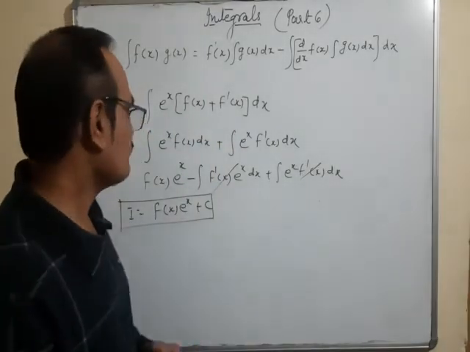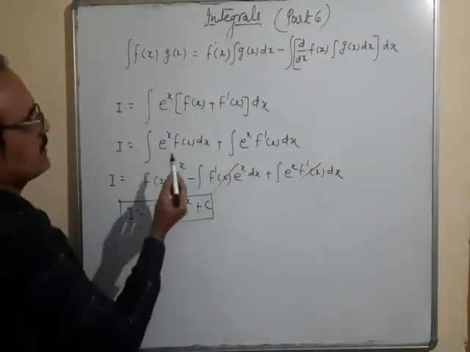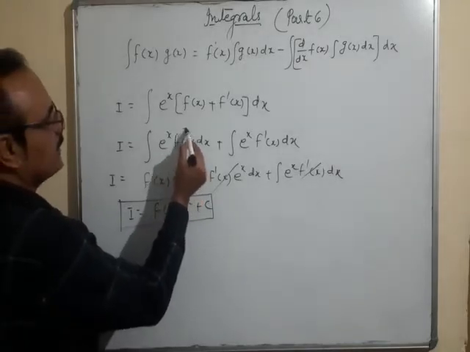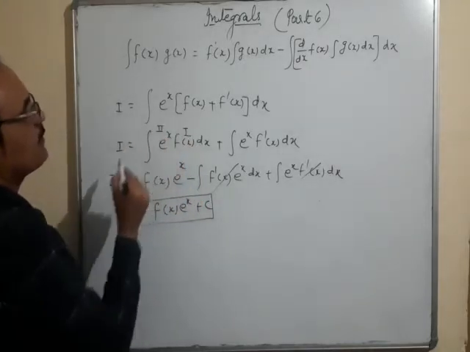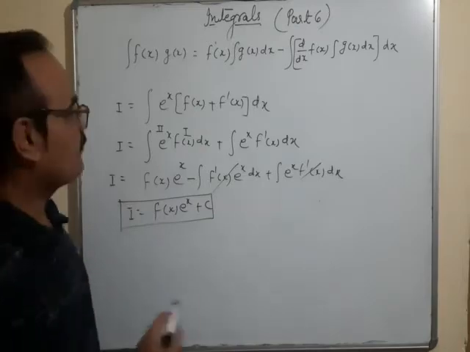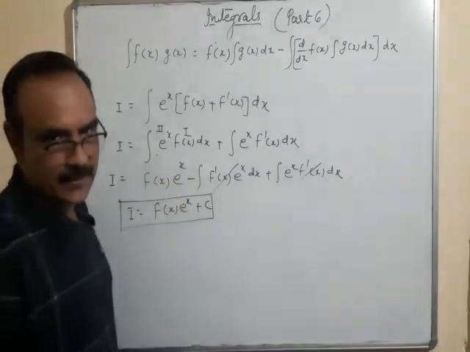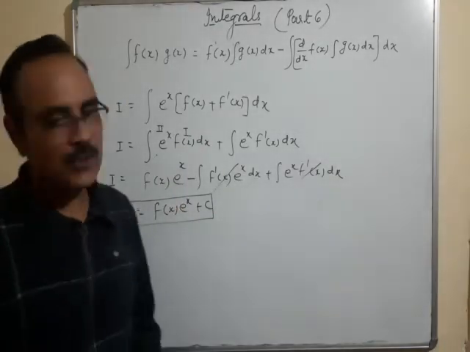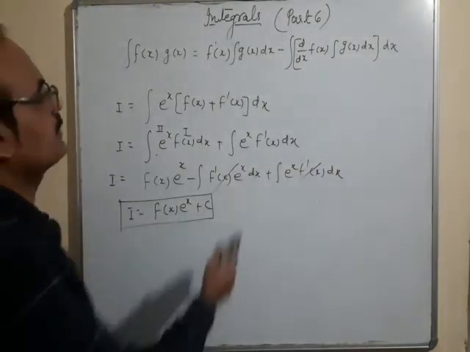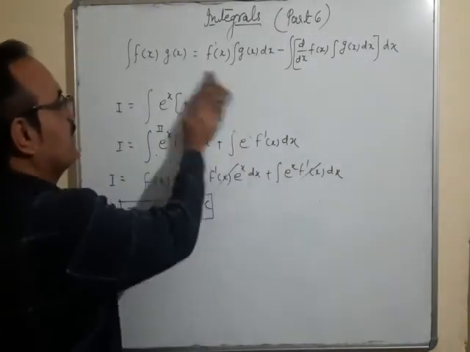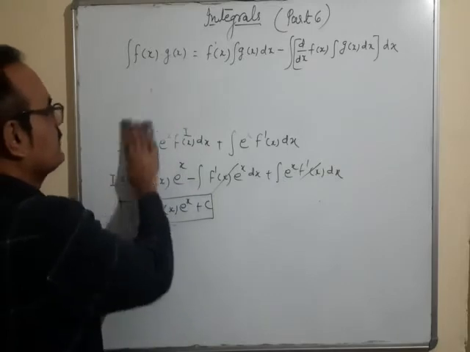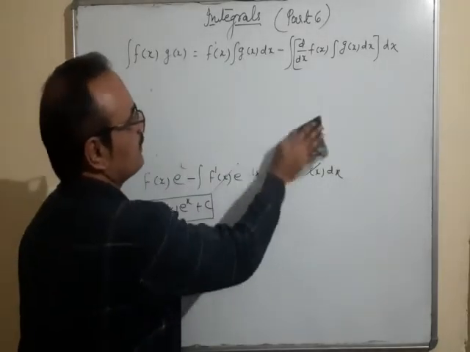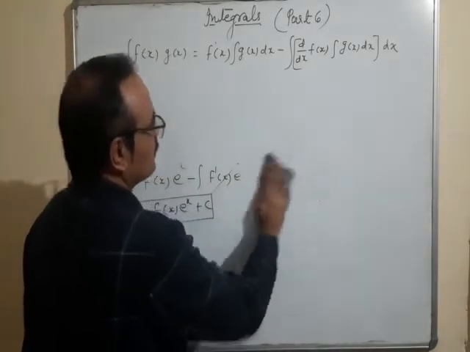Okay. Now here we have considered this as the first function, here is the second function. Why have we taken it as first function and second function? Why not this is first and that one is second? Okay. So let me tell you a special formula for it. Here we cannot take the first function as the first term and second function as the second term. Okay. Here there's a very specific rule.